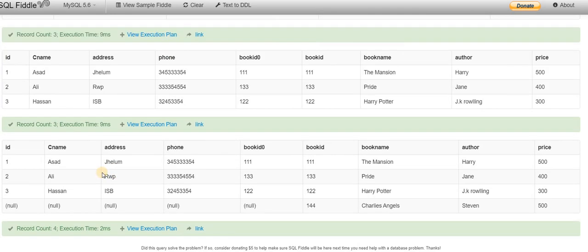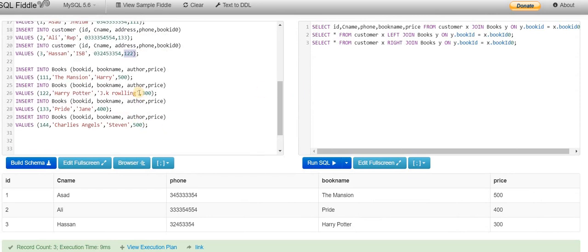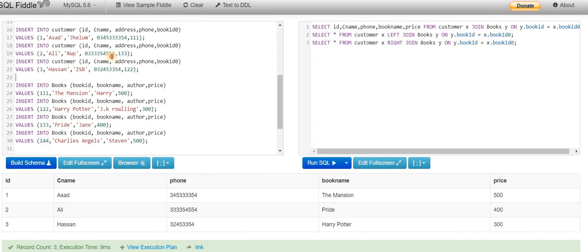But why didn't we get that on the right join? Because in the right join there are 4 books, and which of the IDs of these four books match with ours? 111, 133, 122, but 144 is not matching here.